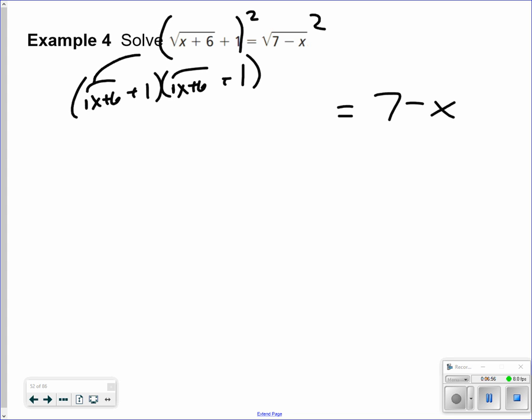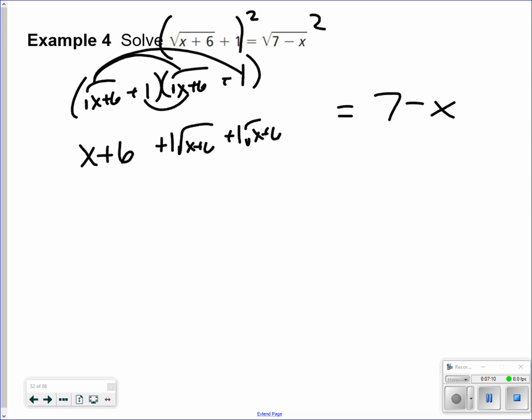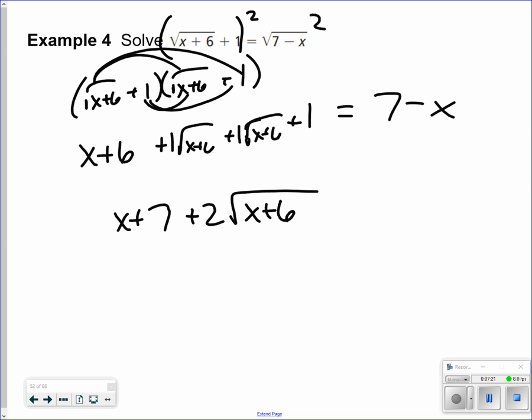When I take the square root of x plus 6 times the square root of x plus 6, you're going to get x plus 6 because it's the square root of x plus 6 squared. This would be 1 square root of x plus 6. This one would also be 1 square root of x plus 6, and this would be just 1. Now, add like terms. So I get x plus 7 plus 2 square roots of x plus 6 would equal